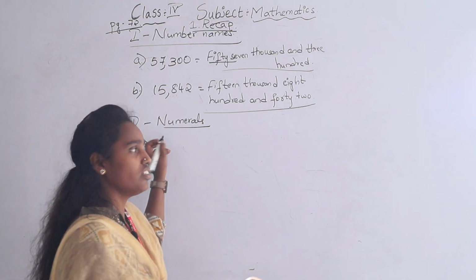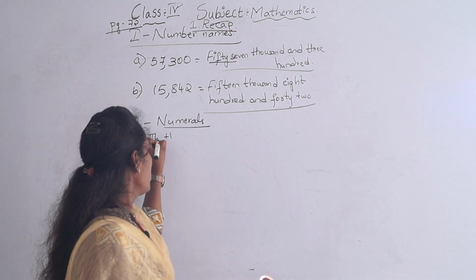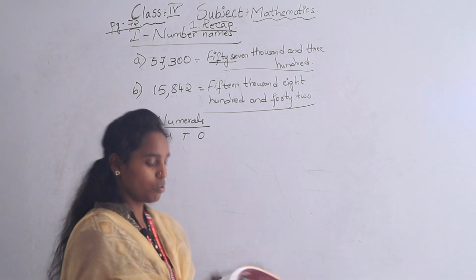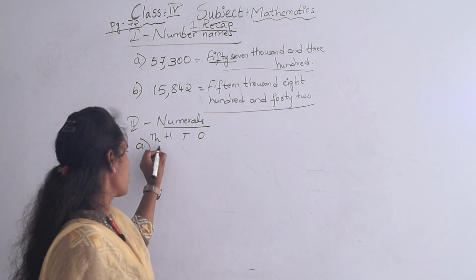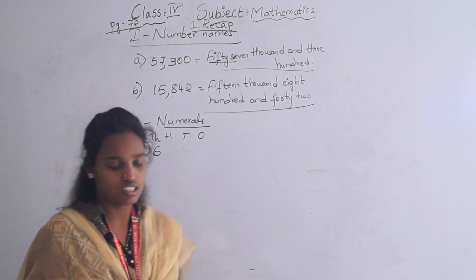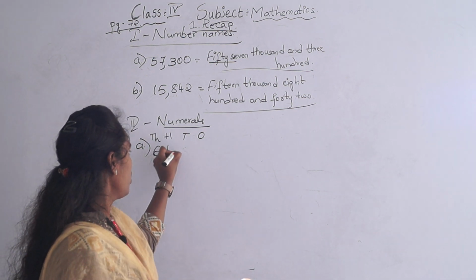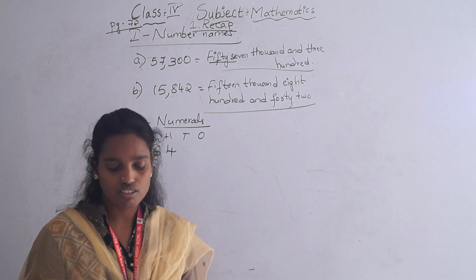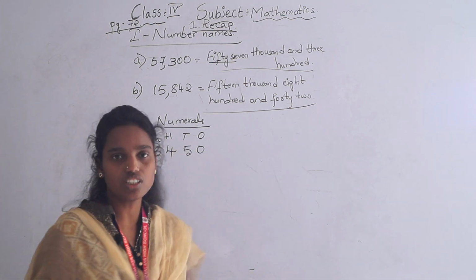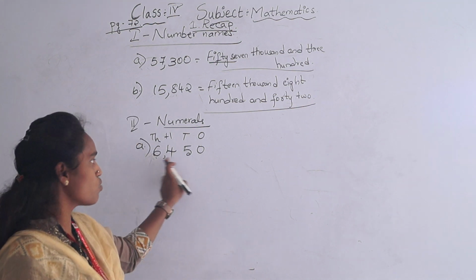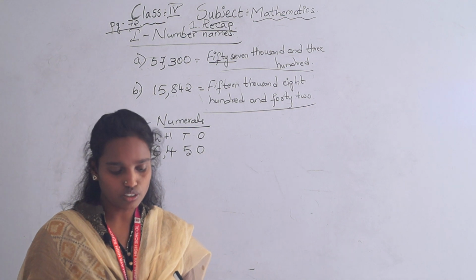For this, if you are taking place values, it is very easy. 1,000, 100, tens, ones. So here, 6,000. We should write 6 in the place of 6,000. 400. Where is 100? Here. So we should write 4. Next, 50. So 50. Got it, children? Now we can read it as 6,450. Okay, shall I do one more?